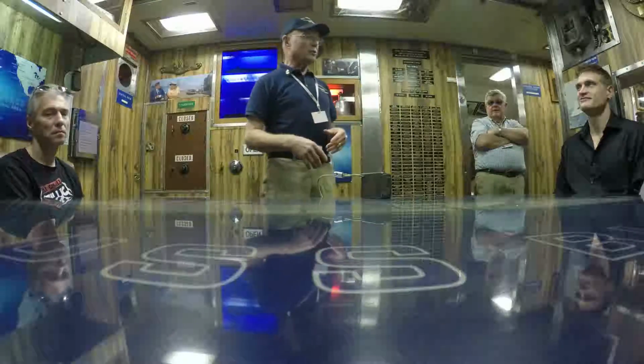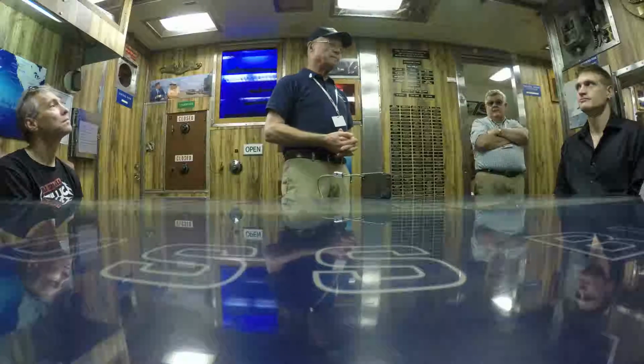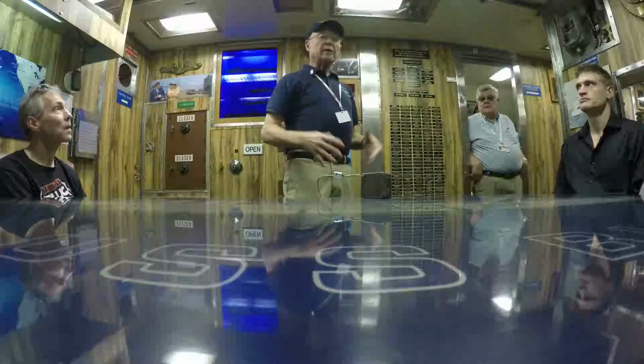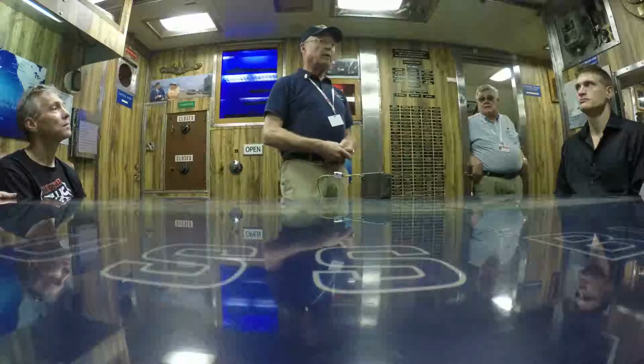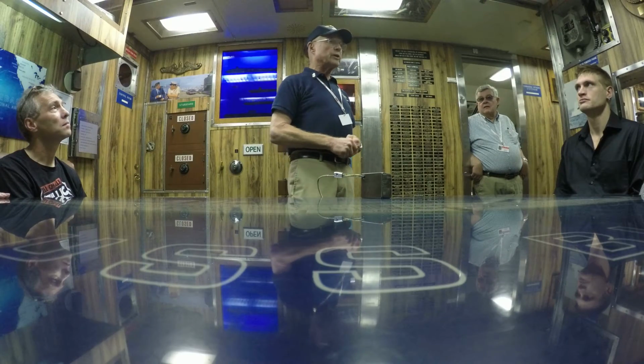Now, between the two hulls are where the ballast tanks are located. This boat does not want to sink by itself. It's a boat. And so they have to add tons of weight in the bilges to bring the boat close to neutral buoyancy so that when they do flood the ballast tanks with water, the boat will actually be able to dive. Okay? To bring the boat back up, they shut the valves and they pump high pressure air into the ballast tanks to evacuate the water, and that's how the boat comes back up to the surface. The pounds per square inch of air that they use on this boat was 3,000 pounds per square inch,